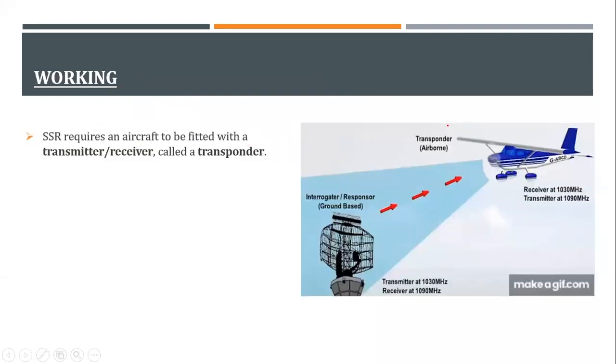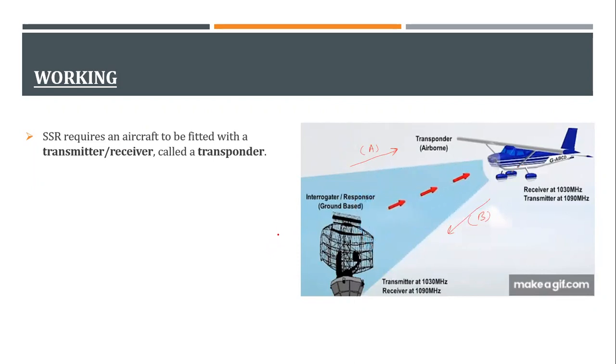Okay, so it works in this way. You can see the red lines or the red arrows, they are one frequency. Let's say frequency A. The blue arrows, the blue ones, you can see those are transmitted by the aircraft. Those are the B ones, or the B type. So these are two different frequencies, and hence we are saving a lot of energy in terms of frequency. So the power required is less and the range is higher.